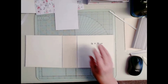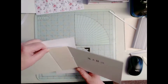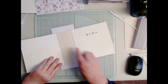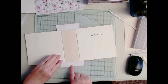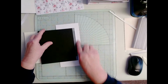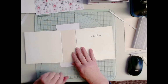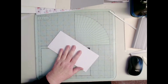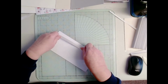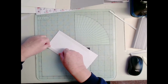Right, this is part 2, where we're going to cover the outside of our album. So what I've done is I've cut myself a piece of paper that is extra height, extra depth here, right, and I want it to come onto the front part of my album and onto this part as well. Okay, so measurements are flexible again, so work with what paper you've got, and I'm going to put this in several